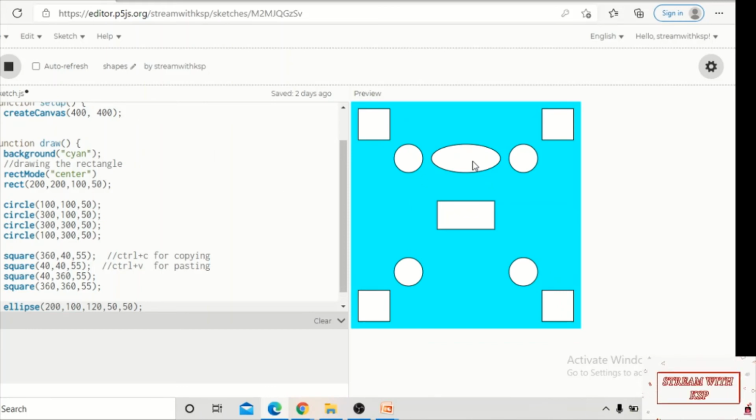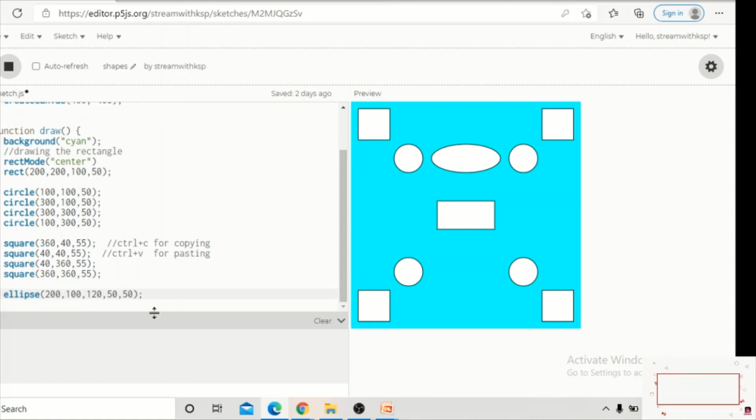Okay, so I'm also going to create the same ellipse exactly opposite here. Let me copy this line and paste it in the next line. And now you can see I need to bring this ellipse to the bottom. Then I need to increase the second number. So I can give number 300 so that it may come to the very center of the circles. Let us click on the play button. Yes, we got the ellipse also in the exact position.